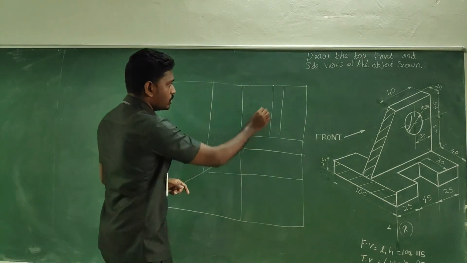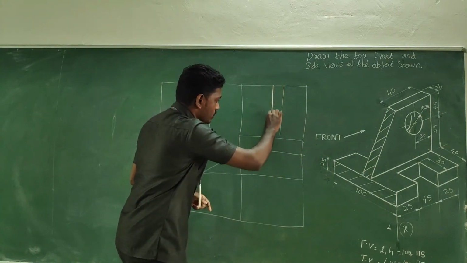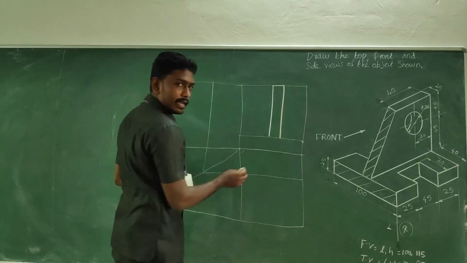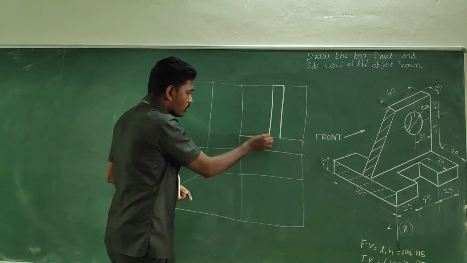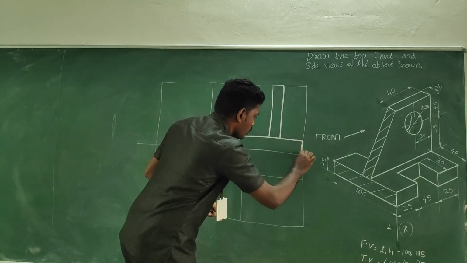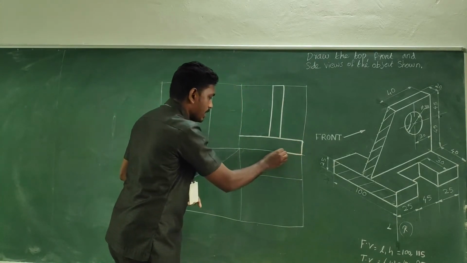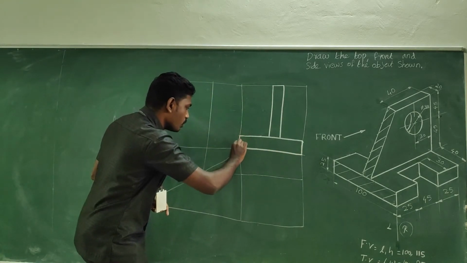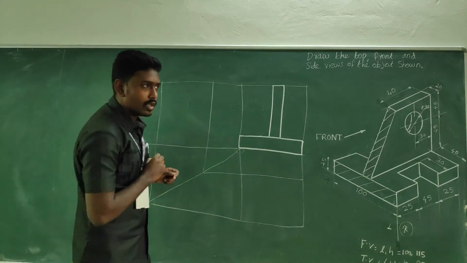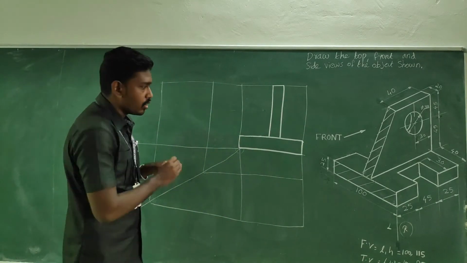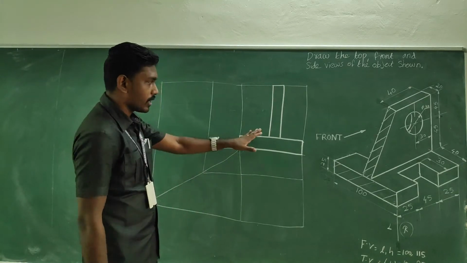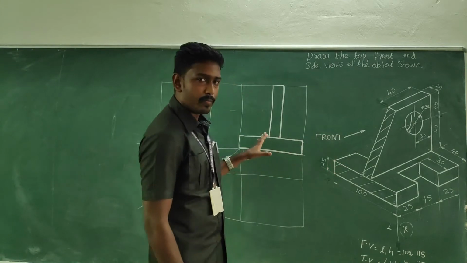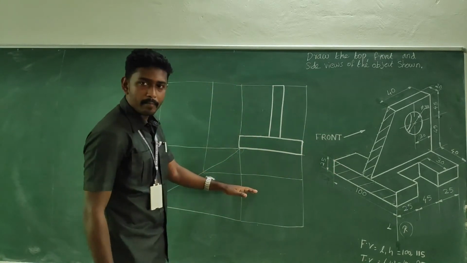So what we can do is go for a dark line, and the same for the base. Don't use a scale, it is a freehand sketch. Without any scale, just with the help of an HP pencil, go for a dark line with a smooth hand. Okay, fine. So these are the things we can see in the front view. I hope you understood. Let me move to the top view.